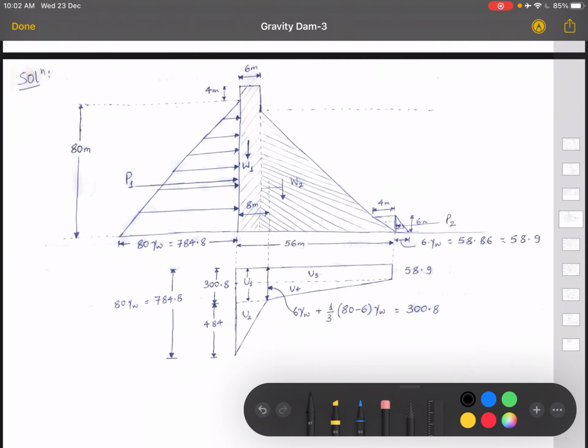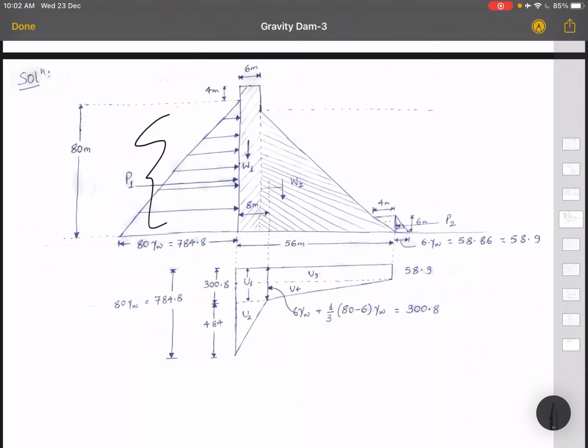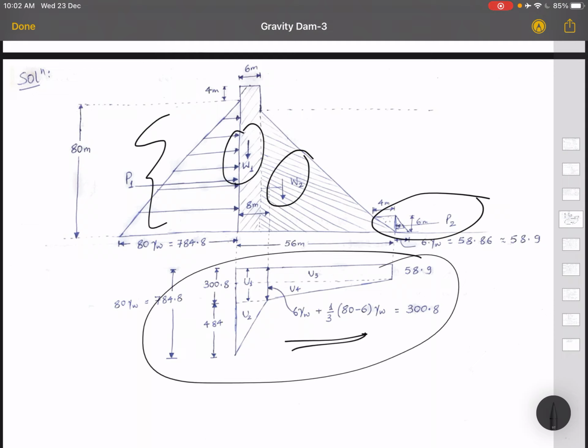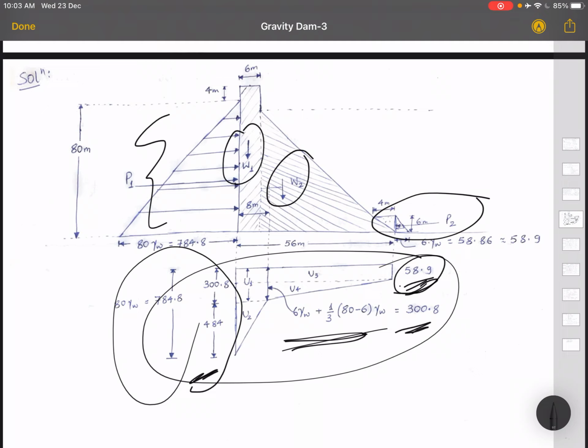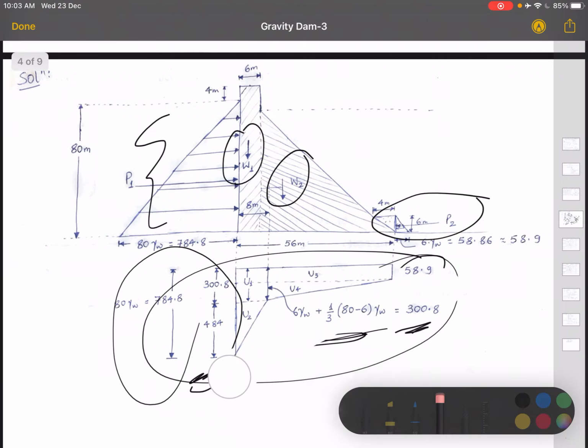Okay, so this is the thrust due to water. These weights are there, W1 and W2. This is P2. Why is it coming? It is due to tailwater. And this is the diagram for uplift. As the drainage gallery is given, what we have to do? First, we have to see what is this value and what is this total value. This plus the difference of this and this divided by 3. So it is coming like this. So just see the uplift pressure which I have discussed in very much detail. So from there you will get the idea how these values are coming.